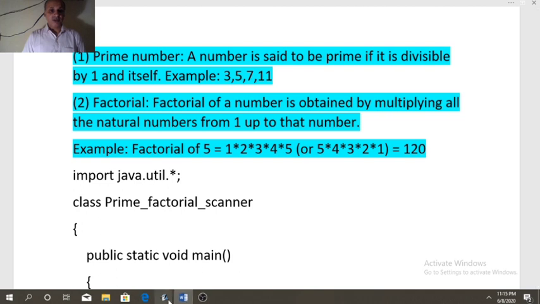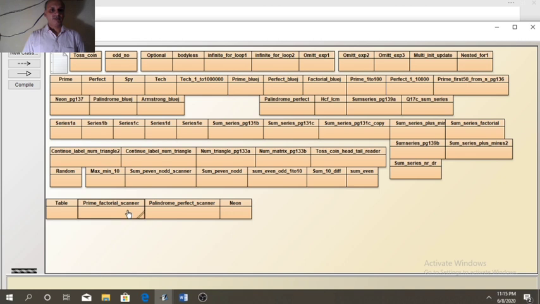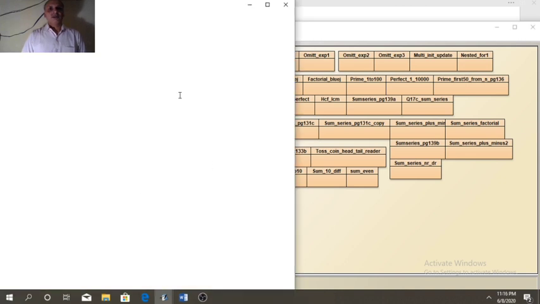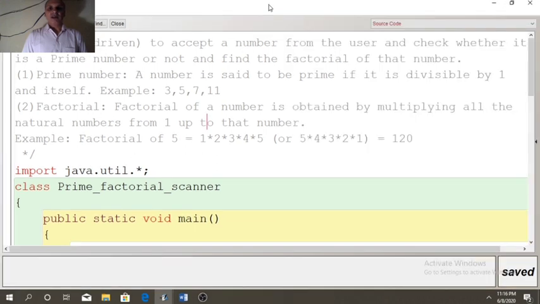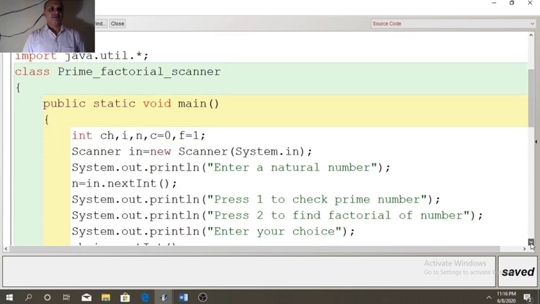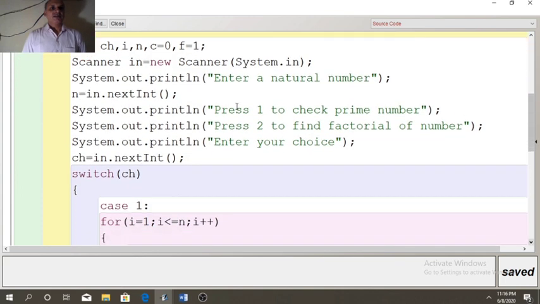So now starting the program. Since it is a menu-driven program, we need to design the program with the Scanner class or BufferedReader. After the class and method, see the variables first. ch will store the choice of the user.